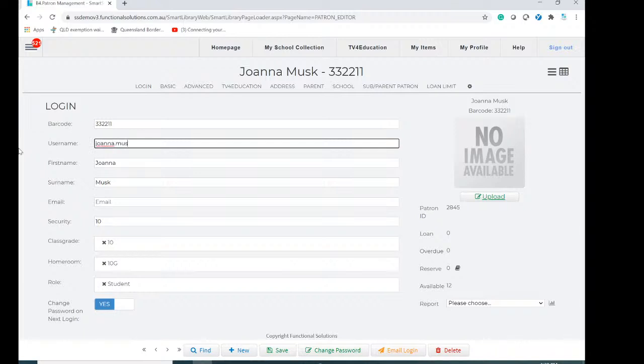Joanna.Musk, M-U-S-K. Why not make it a policy that all their usernames are their first name, full stop, surname? And so if they forget their barcode, they can log in with Joanna.Musk as well. So they can use 332211 or Joanna.Musk, and they're up and running. Or why not